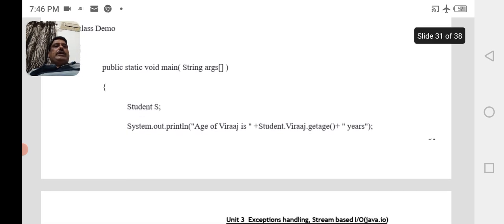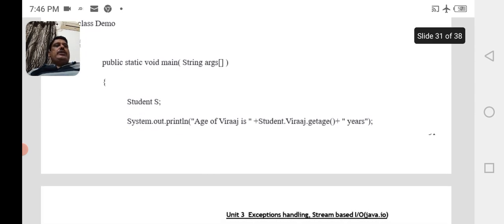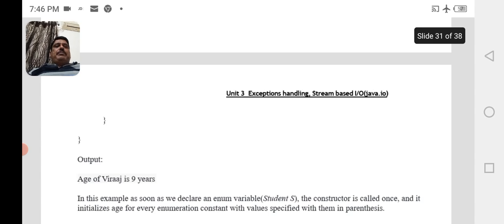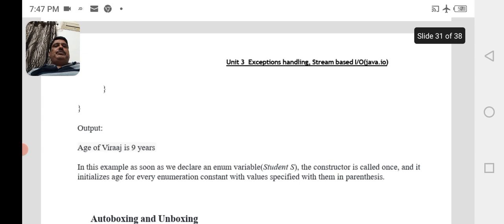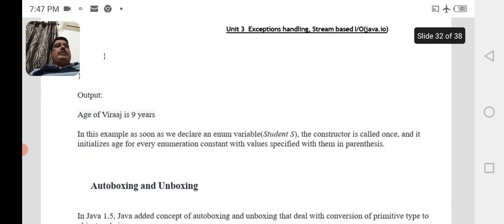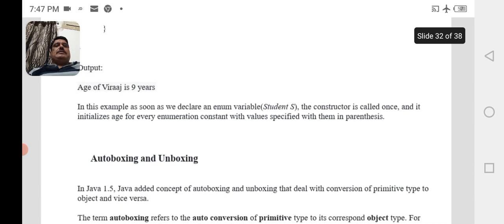System.out.println age of Veeraj is student.Veeraj.getAge plus years. The output of the above program when executed is: age of Veeraj is 9 years. In this example, as soon as we declare the enum variable student s, the constructor is called once and it initializes the age for every enumeration constant with the values specified with them in the parentheses.